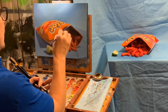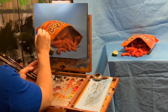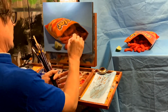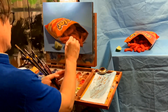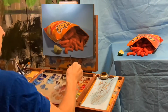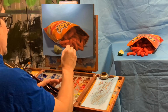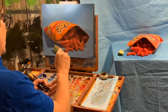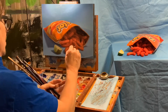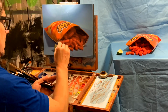So you notice in my hand there too, I have that little dowel, that square dowel I use as a mahl stick. Malen is German for painting. It's just a stick to steady my hand when I'm going into some of the details. At this point, I'm working with a pretty small brush. Also, I'm trying to drag the paint on a little bit drier and kind of get at the surface texture that the Cheetos have with the paint quality, right? Use the viscosity to try to get across how the Cheetos sort of feel when you look at them